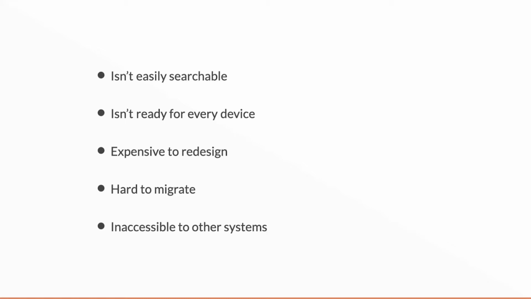It isn't necessarily ready to display on every device, and because it's undifferentiated, when it comes to redesign, you're sort of starting from scratch. We're going to do the whole thing all over again. That makes it hard to migrate as well if you wanted to move it into a different system, and it's not particularly open to other systems as well. So we'll think more about how to solve those later on, but that's just to present some of the challenges we've got when our content is actually in undifferentiated blobs or blocks.